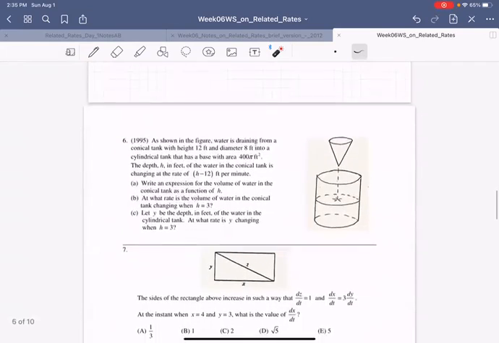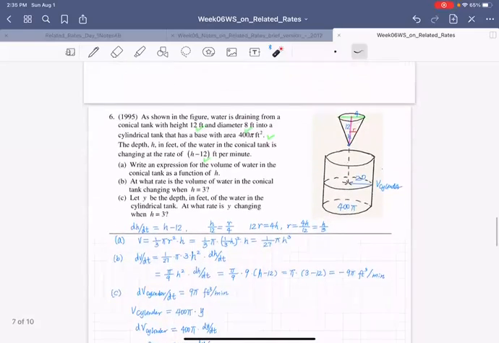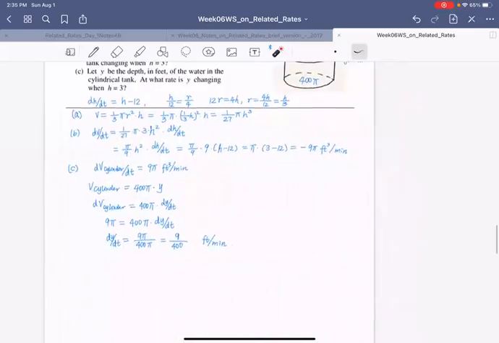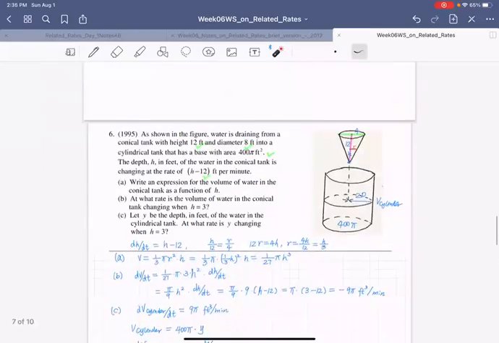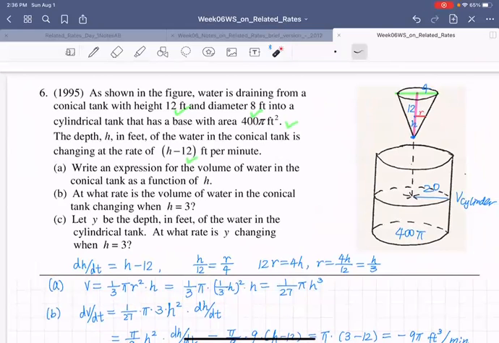Number 6 is even more complicated. Okay, this is 1995. So see here. Zhao Yuchen, can you please read the question? As shown in the figure, water is flowing from a small tank with height 12 feet and diameter 8 feet